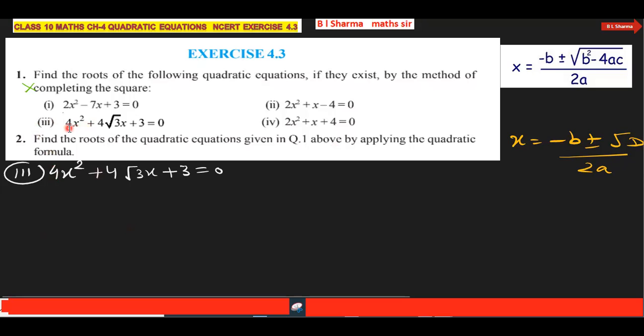Third part: 4x square plus 4 into square root of 3x plus 3 is equal to 0. First of all, we will find out its discriminant, and through the discriminant we will determine the nature of roots. पहले हम इसका discriminant find out करेंगे. So comparing